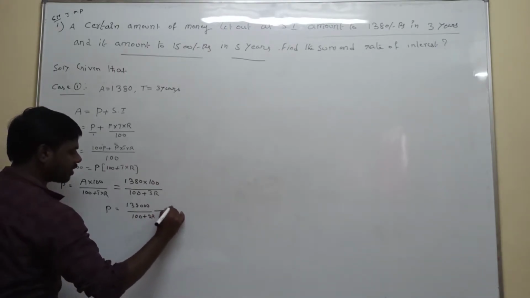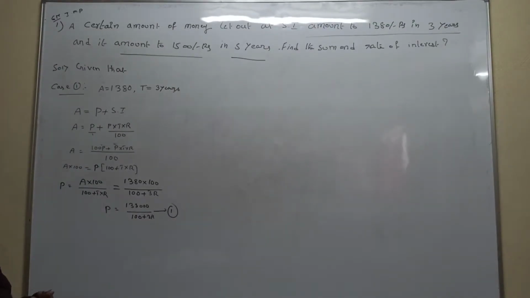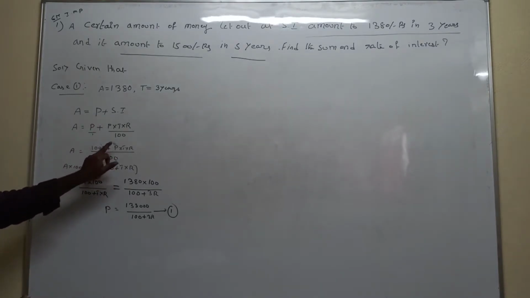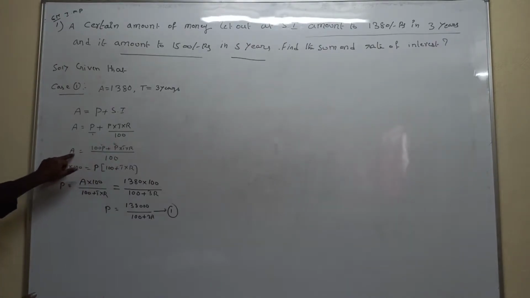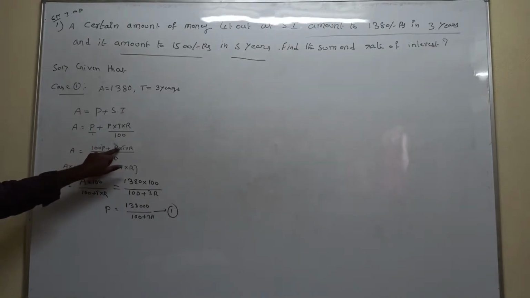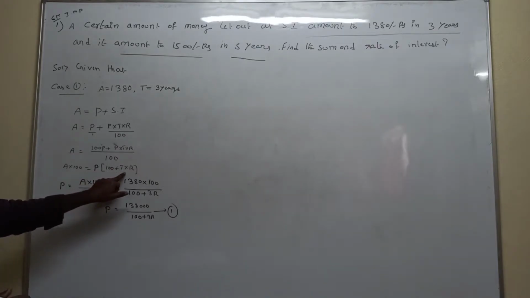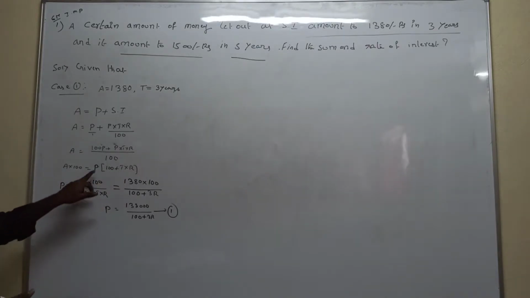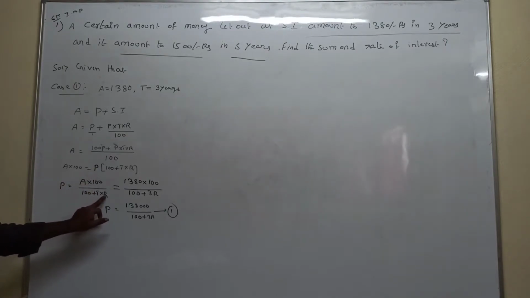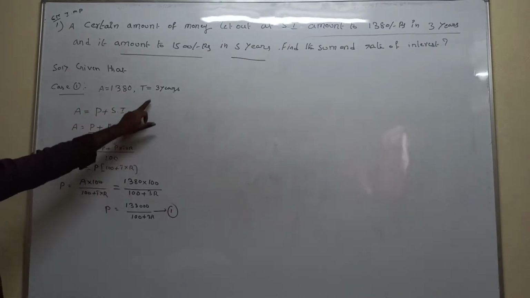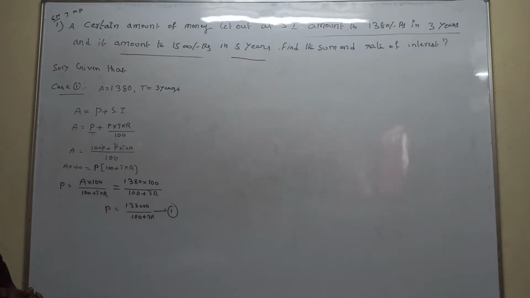Consider this equation number 1. So everyone understood this point? We apply capital A is equal to P plus simple interest, with the simple interest formula PTR by 100. After that we take the LCM 100. 100 into P is 100P plus PTR, and 100 goes to the left hand side, so 100 into A is equal to these two terms. P is the common letter, taken outside, leaving 100 plus TR. We keep only P on the right hand side, and this value goes to the left hand side denominator. So now capital P is equal to A into 100 by 100 plus TR. Now we substitute the values: capital A amount is 1380 and capital T is equal to 3, giving equation number 1.